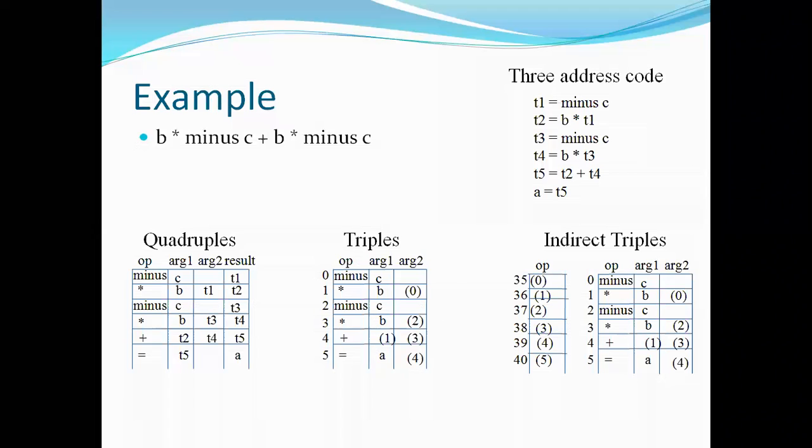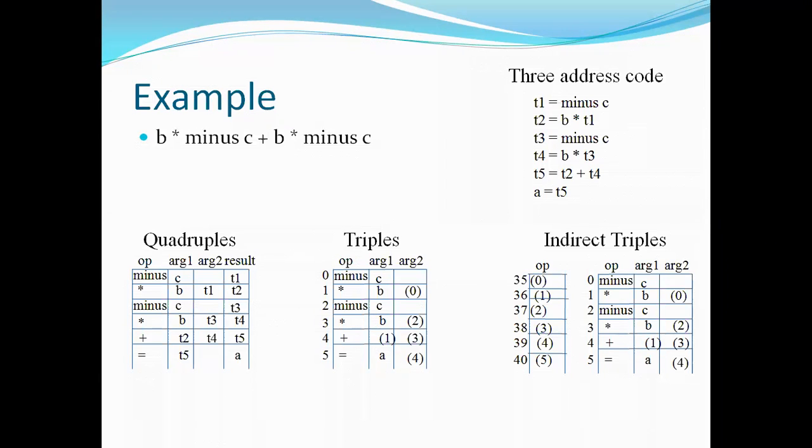Explain about three address code, or give the implementation of the three address code, or what are the data structures of the three address code. If you have a question like this, then the answer is that you need to explain what the quadruple, what the triple and what the indirect triple are. First you need to give the statements of those, and how many fields each data structure consists of, and then, by taking an input statement or an input expression, you need to write the three address code representations.